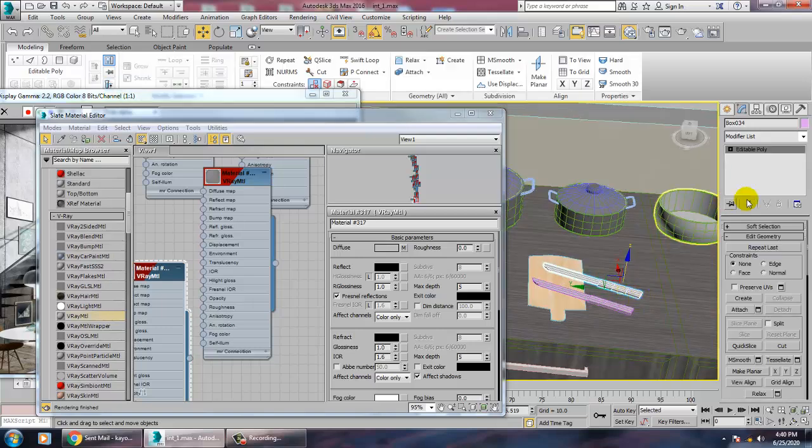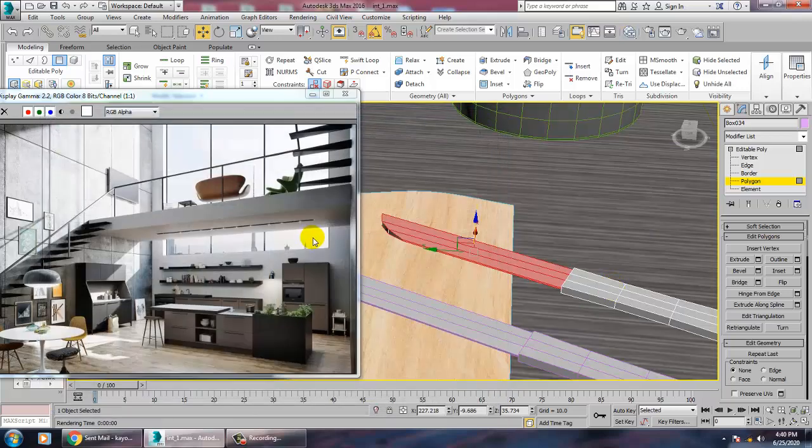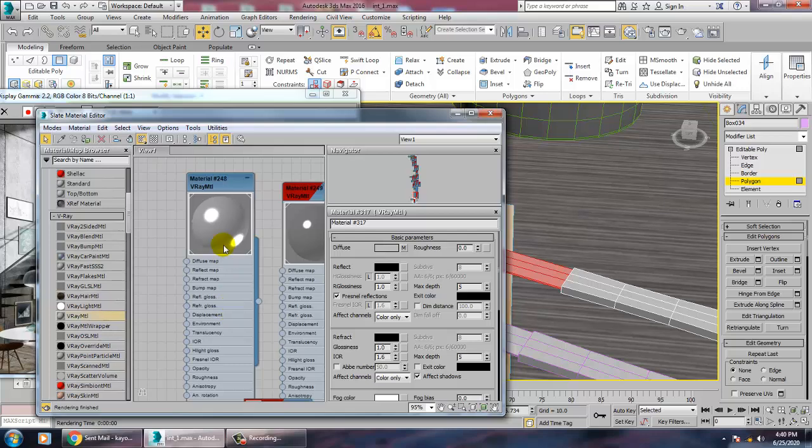For the knife polygons, select this material and definitely give a pure steel.